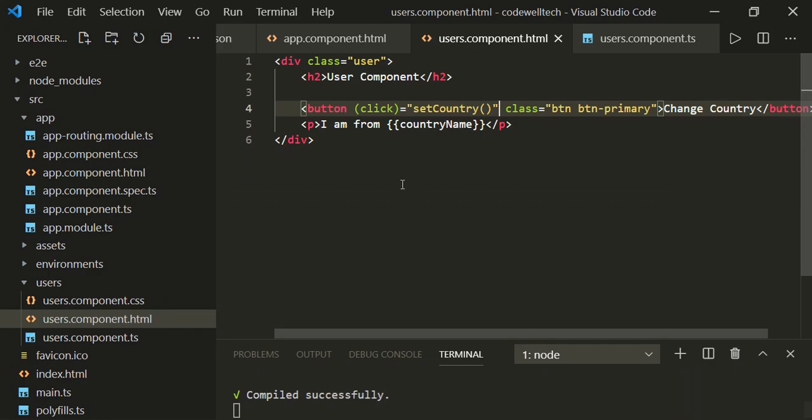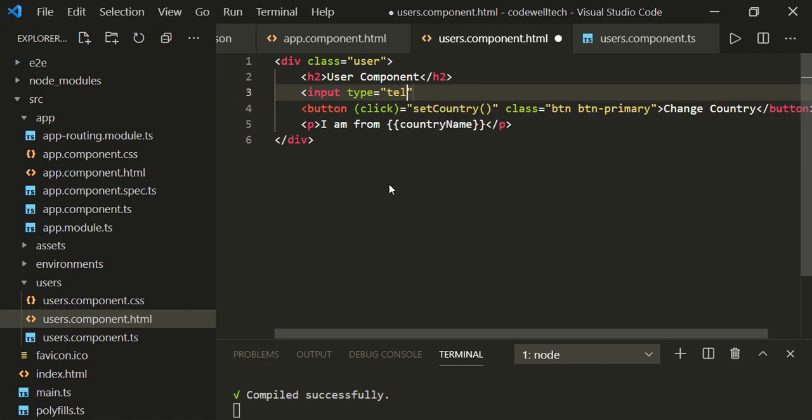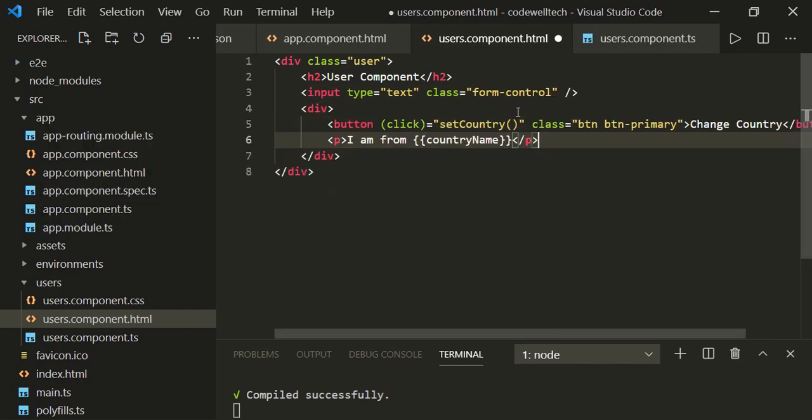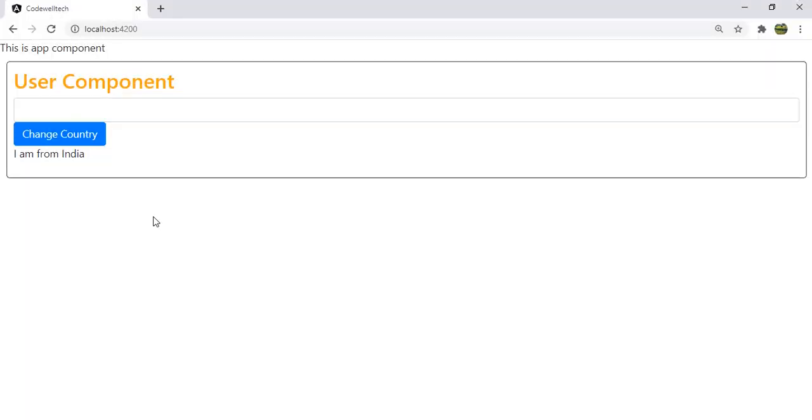So far so good. Now I add an input box here, input type text. Now I am going to add the class form-control. Keep these two in one div. Let's say you would like to set the country name to the text box. How do you do that?